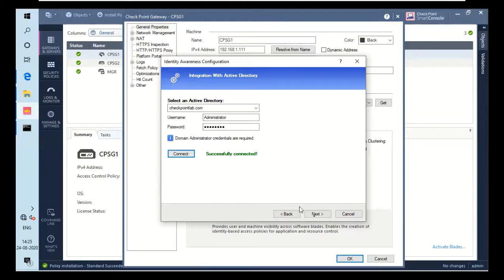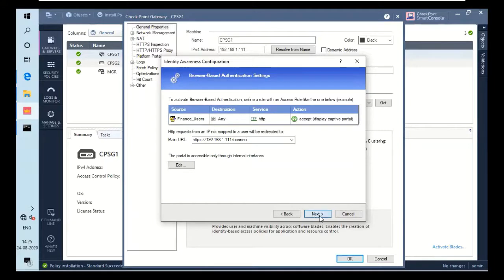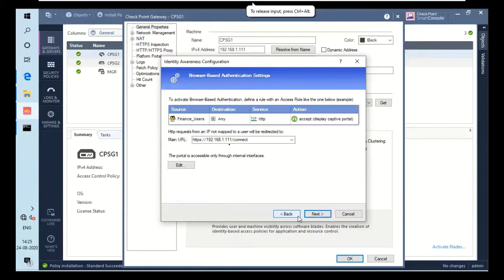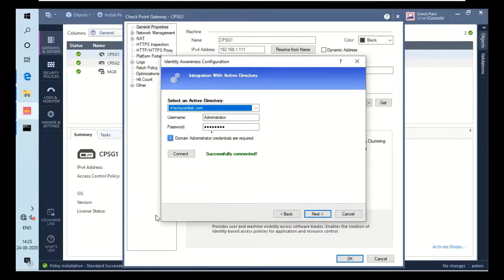So I'm going for next, which will give me another option, right? Okay. And the best thing about this, okay, sorry, I will go back. I hit the next button twice. So the best thing about this is it will show you the default policy you have to create so that this should work, right? Let me click on back. Yeah. So this is the one. It shows that source should be finance user, any finance user. It's showing just a basic format which you have to do.